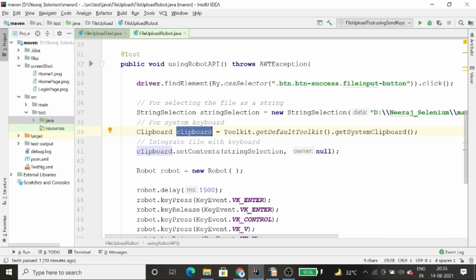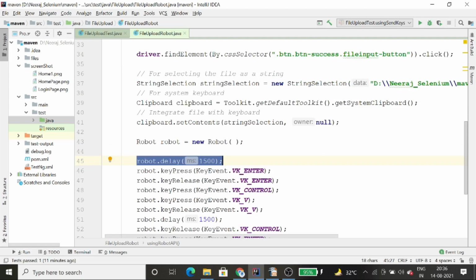Because when I open that window pop-up, the focus of that window is on the file name. The file name is the area where you keep your path, right? So here I have used the clipboard reference dot setContents, and I have placed my file over it.